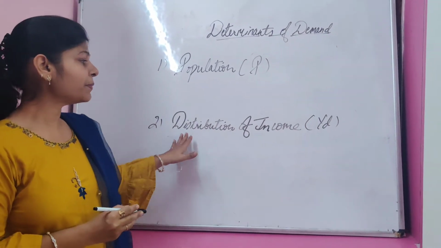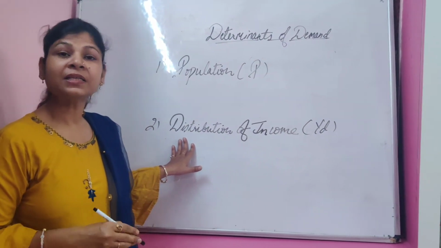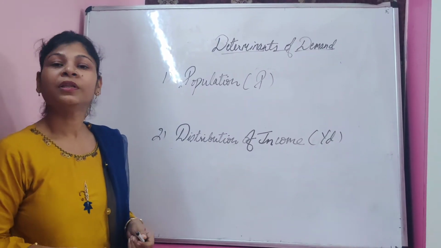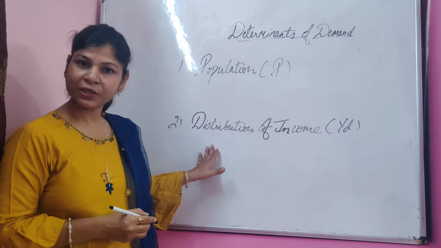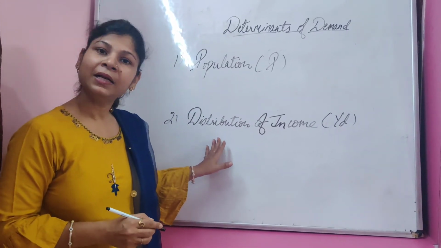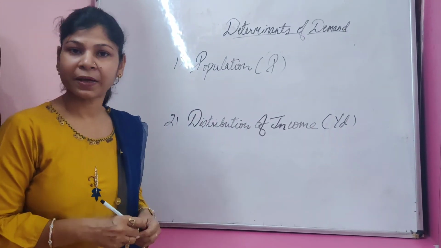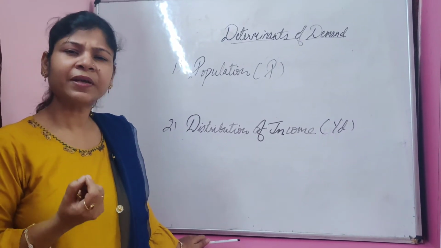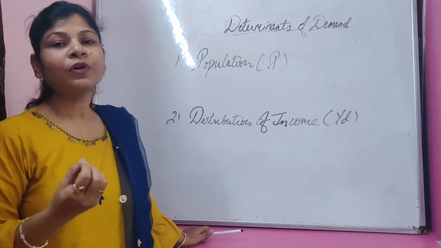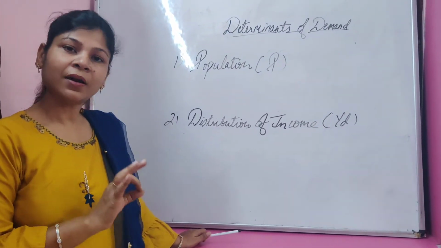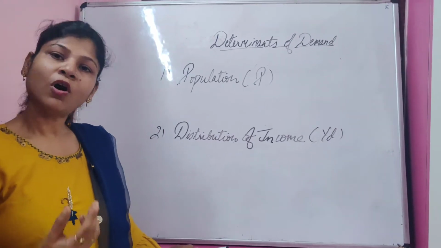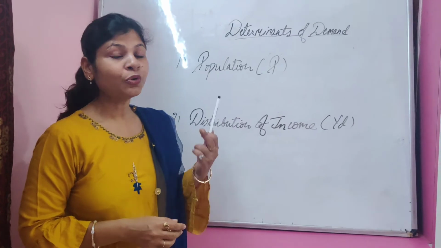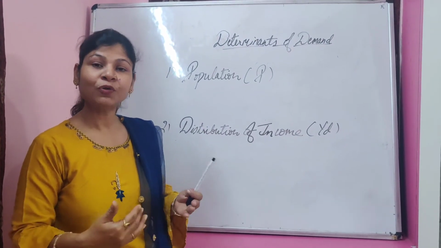Now, distribution of income is how your national income is distributed. If income is equally distributed, then there will be more demand, and if there is unequal distribution, then demand will decrease. This we can explain with the help of an example. Suppose in an economy, we are just taking a very simple example, we have only 10 persons and all are getting 10,000 rupees. All will demand more goods and services. Now suppose there is unequal distribution: 2 persons are earning 1 lakh and another has only 2,000.